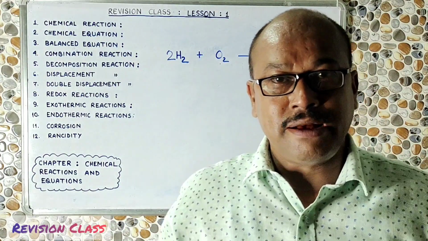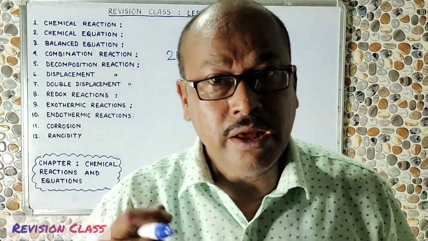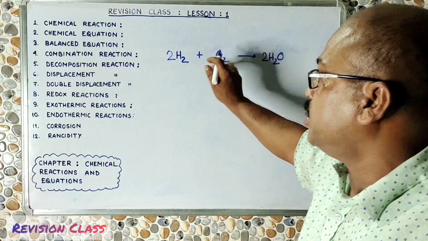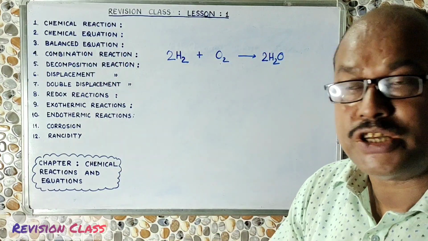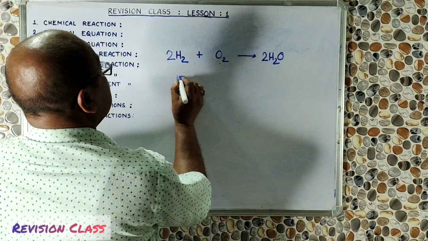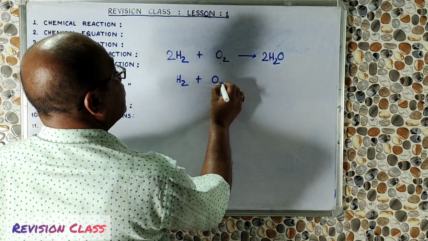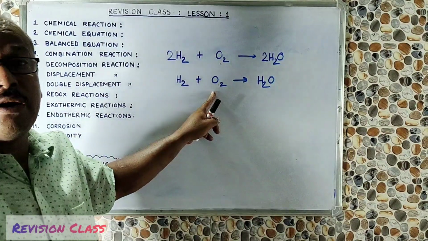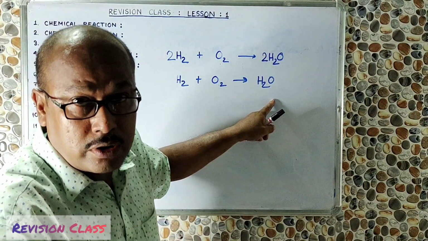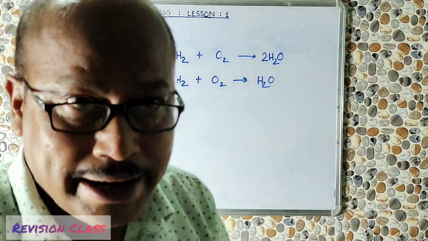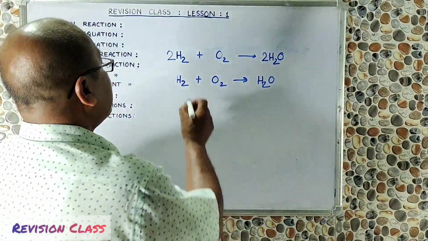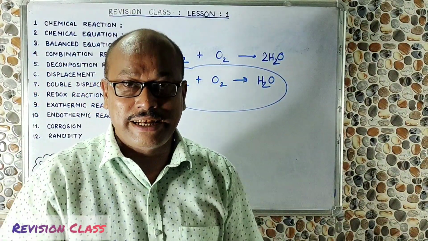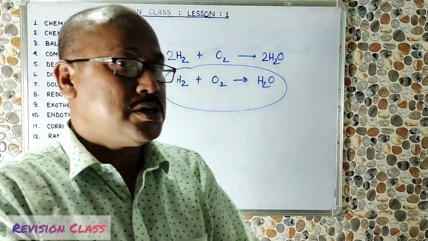We have taken so many examples in our online classes of how to balance a chemical equation. If we balance the chemical equation by doing this, then we call this type of chemical equation a balanced equation. But before balancing, if we write only this one, then this will definitely give us a clear idea how hydrogen and oxygen are combining together to make a water molecule. Okay, this chemical equation is also correct, but it is not balanced. If the reaction is not balanced, then such unbalanced chemical equations are also called skeletal equations. So skeletal equations have to be balanced.